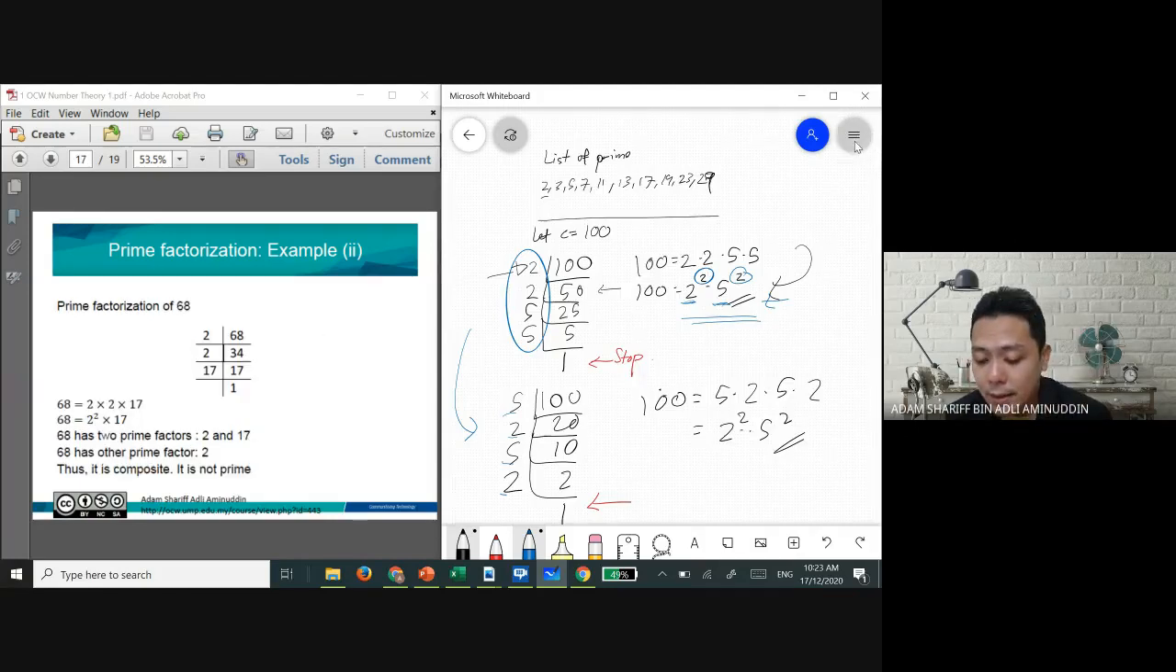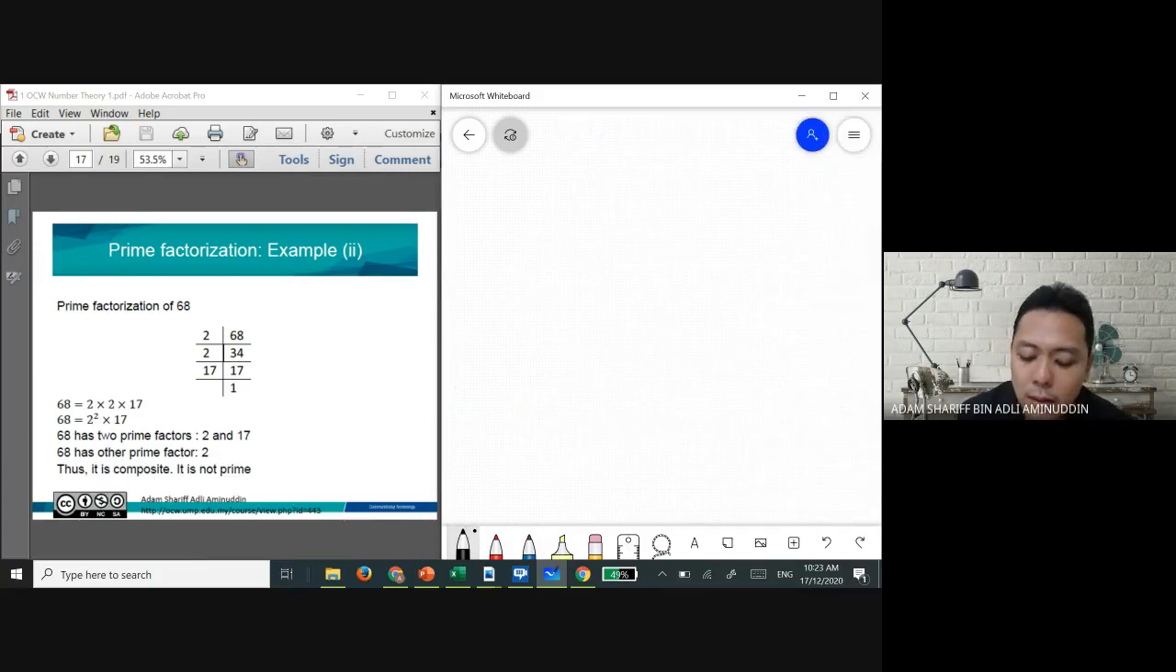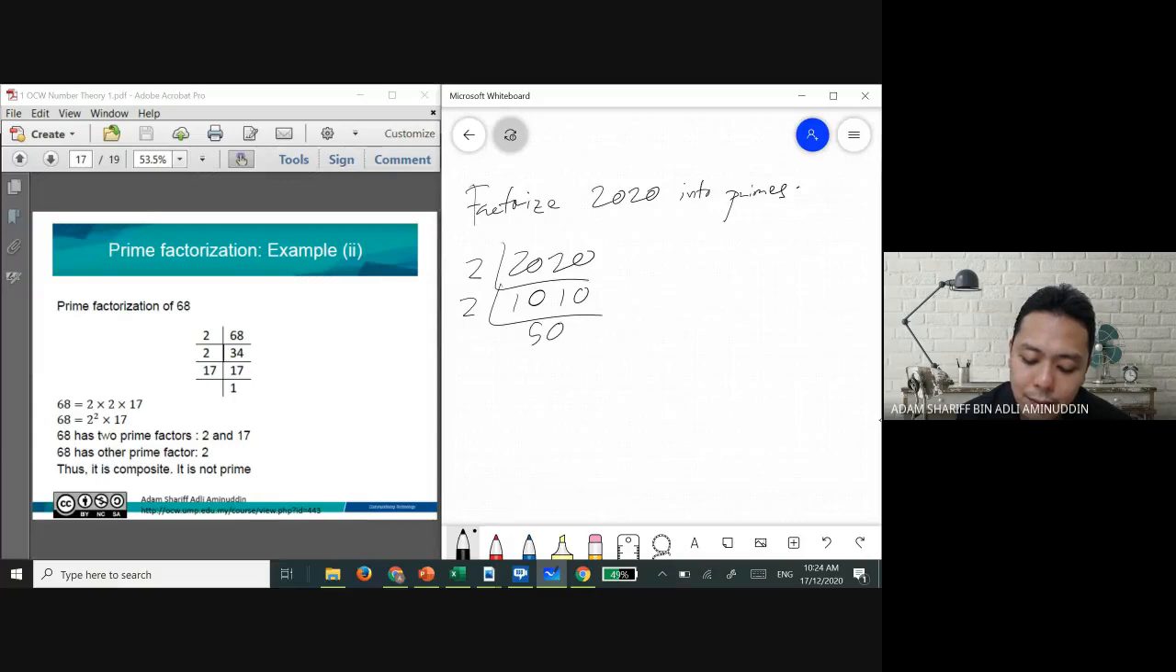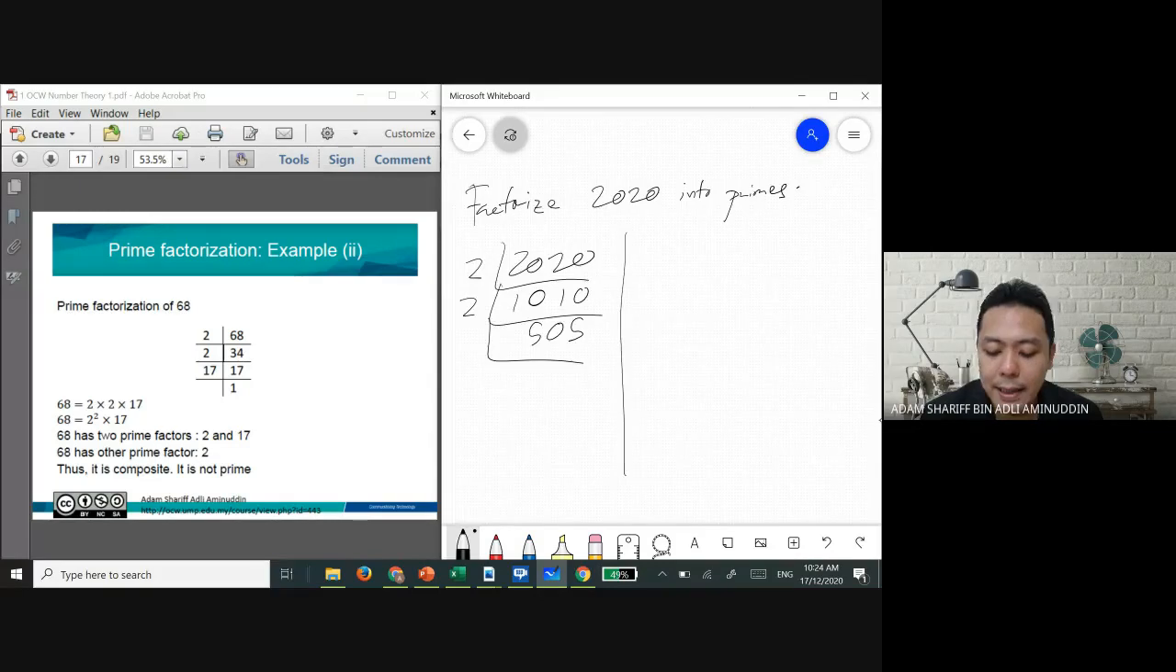Alright, cuba kita ambil, saya nak kamu kira sendiri. Factorize 2020 into primes. 2020 divided by 2, 110, 110. Okay, habiskan step saya. Saya nak jawapan akhir 2020 sama dengan